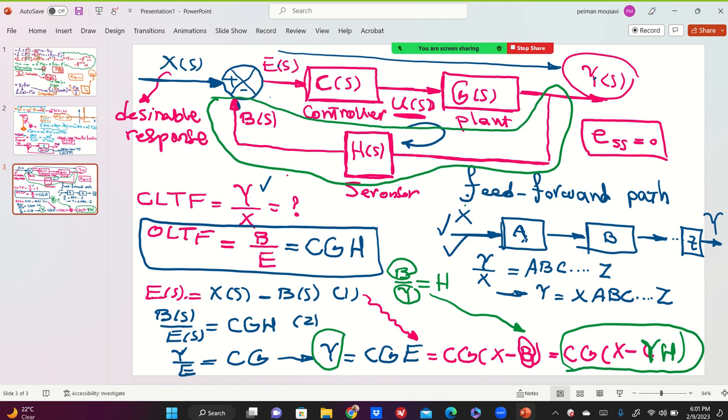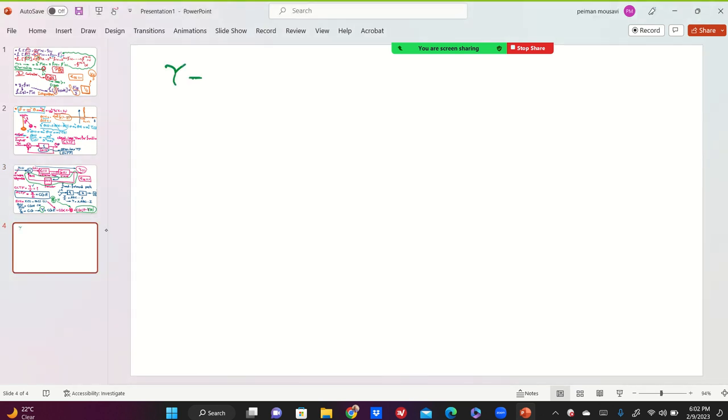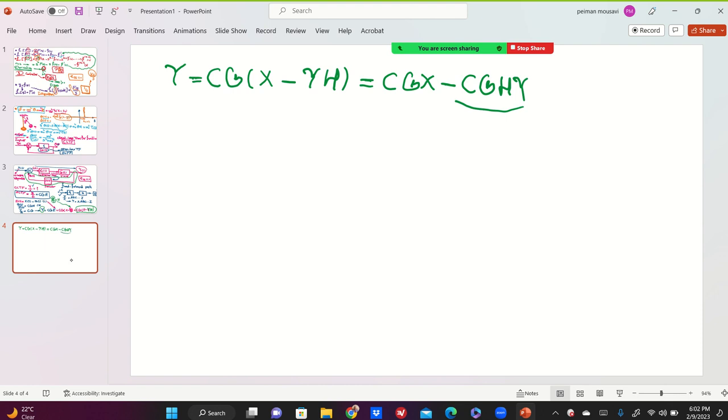If you are done, I will go to the next page. Can I go to the next page? Okay. So Y, based on what we derived, was CG times X minus what? YH. Or it is CGX minus CGHY. If I move this to the left hand side and factor out Y, it's gonna be Y times 1 plus CGH equals CGX. So the closed loop transfer function, which is output over input,